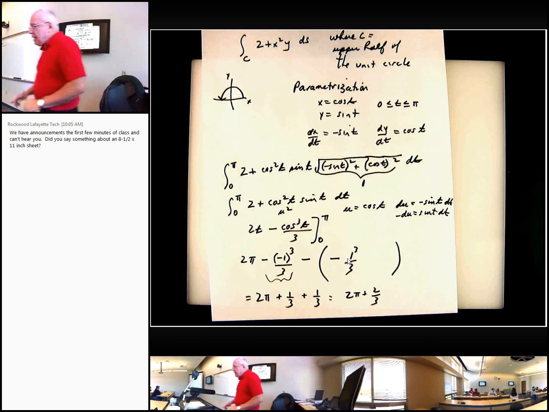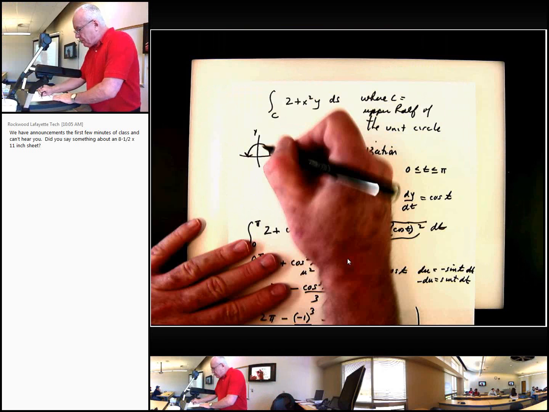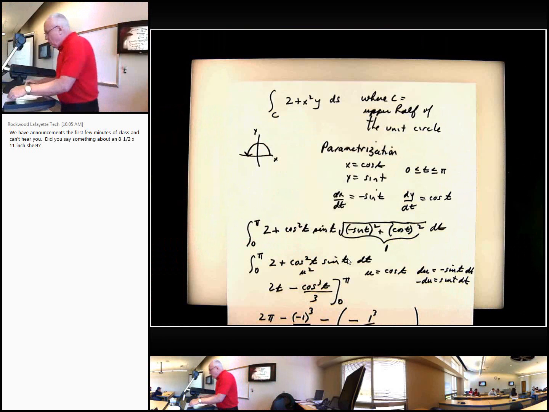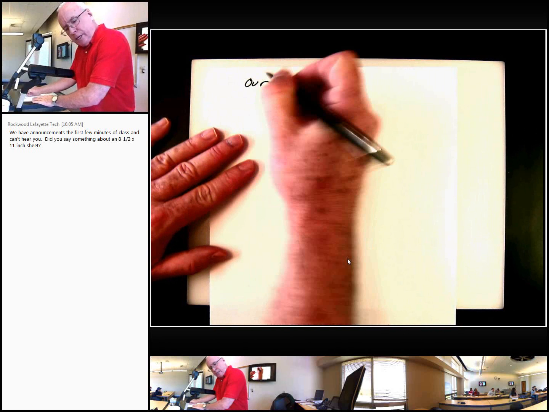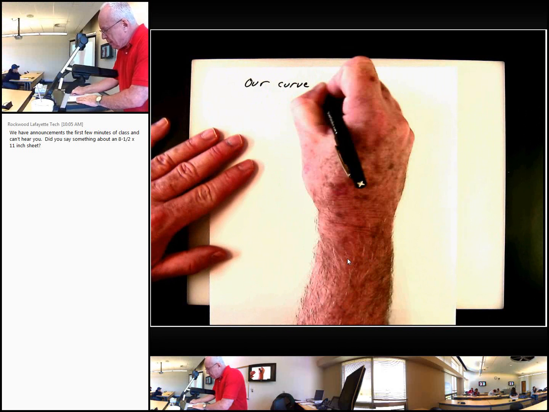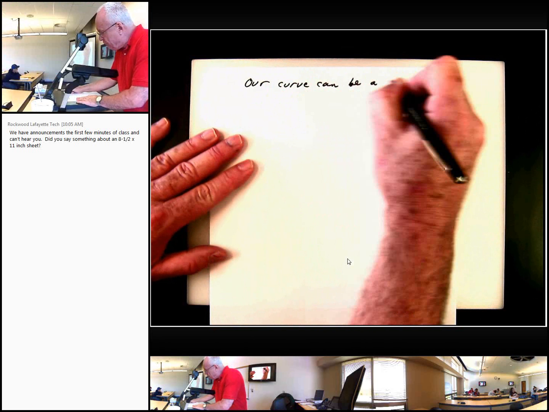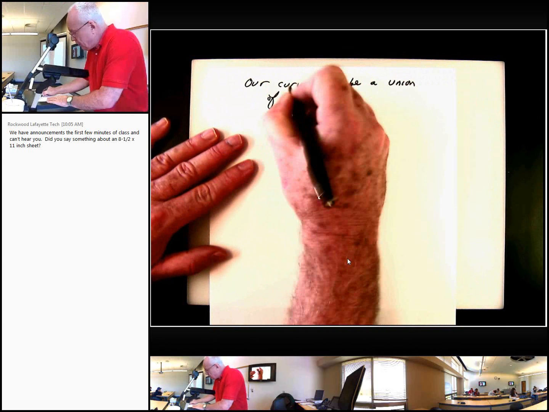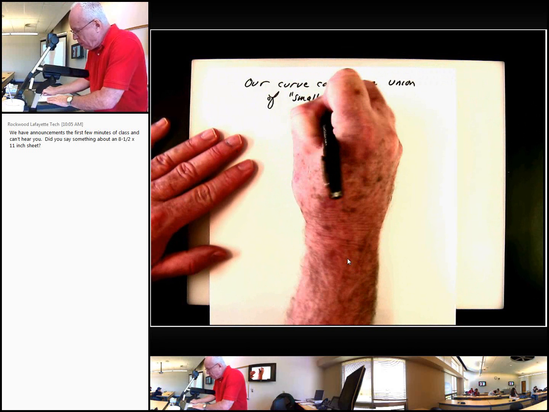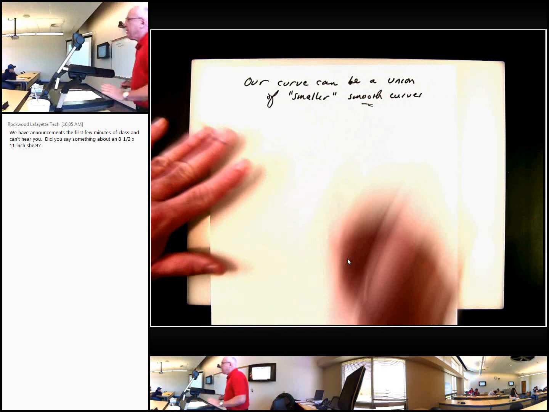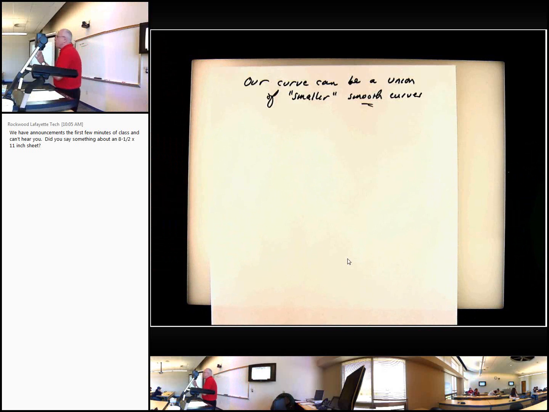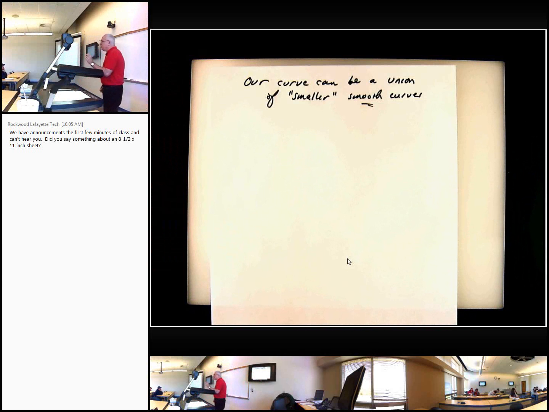All right. Now, the thing is, our curve doesn't necessarily have to just be a single smooth curve. We can actually have curves that are kind of a combination of what are called smooth curves. So let me put this note in here because we're going to work with this a little bit. Our curve can be a union of, shall I say, smaller smooth curves. And smooth curves means that for the parameterization, the first derivatives are